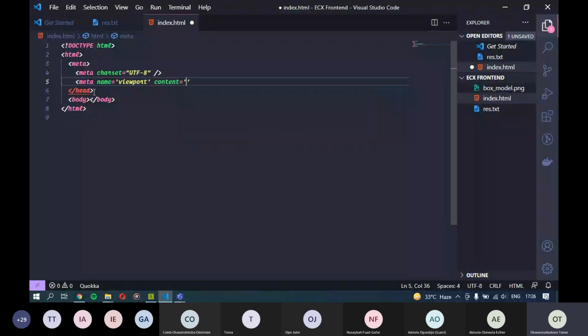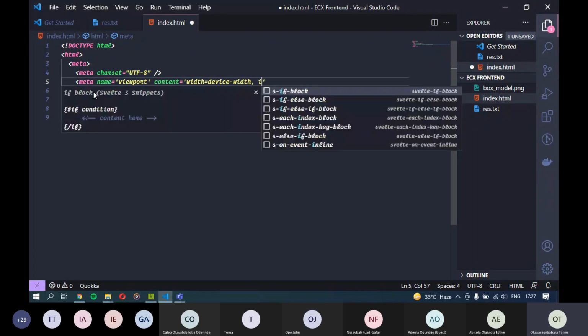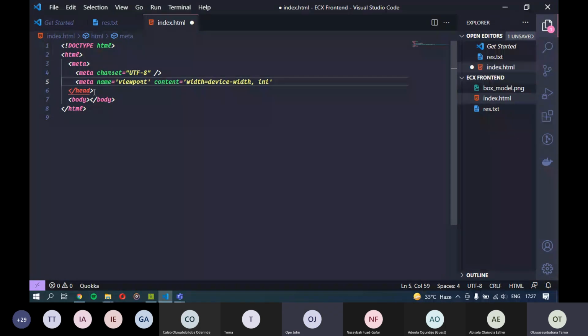That's basically what responsiveness is, making the same website work on different devices, from small screen sizes to tablets to desktops to laptops and all that. What I'm writing here is basically for responsiveness. You don't have to worry too much about that also. So just bear with me for now. Initial scale 1.0. This is also self-closing because it's a meta tag.